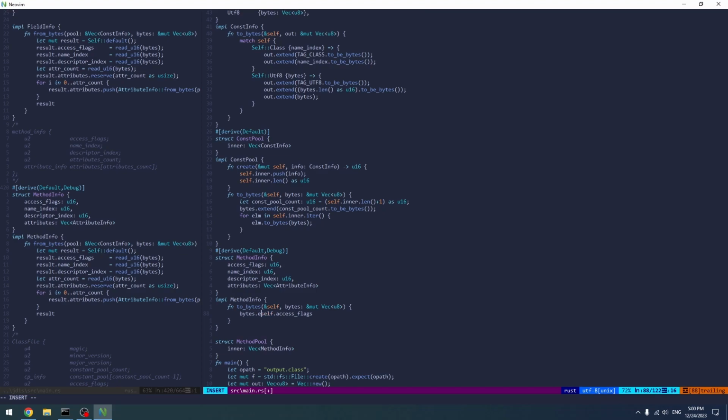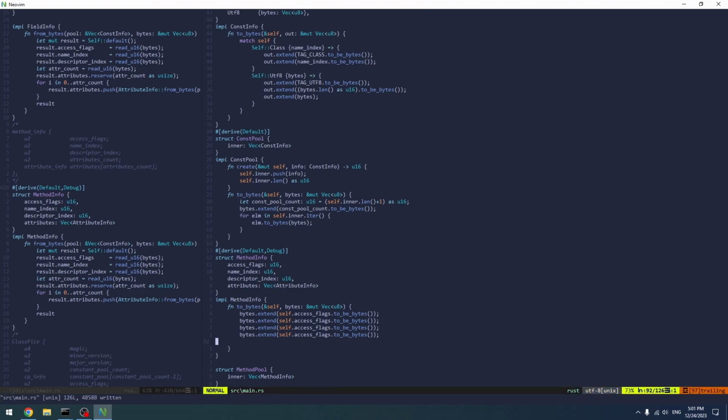After doing bytes, extend by 2b bytes, and then we have the descriptor index, the name index, and so on and so forth. So now we have the name index. More stuff, and even more stuff. And that's it. So then we can extend the name index, the descriptor index, and then